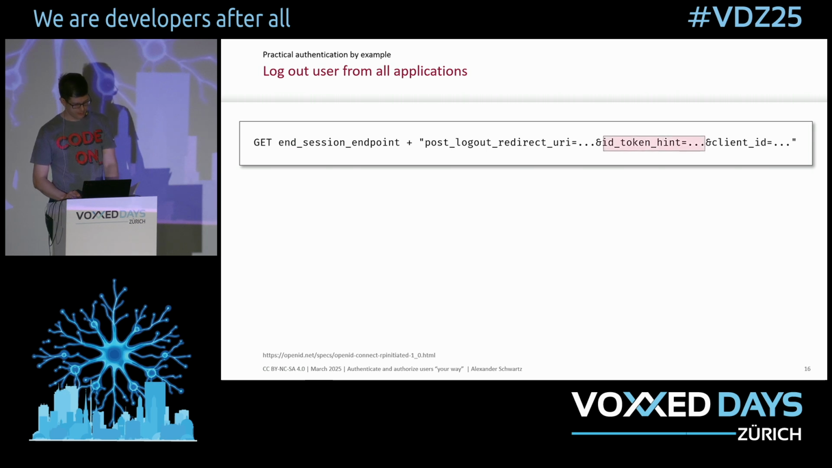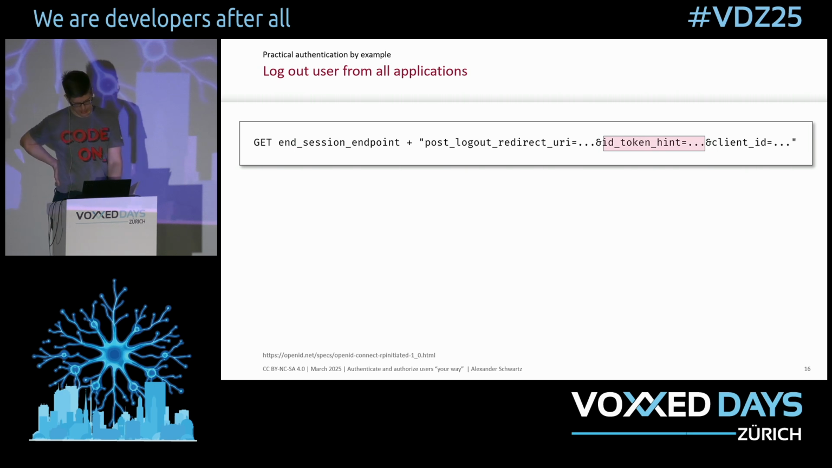And when I log out from all applications at the end, I can use this end session endpoint with a post logout redirect URI, passing it an ID token hint. I think that's one of the things that was added some years ago at least already, but if you don't put this hint in the URL, you will see a prompt like, are you sure you want to log out? Is this really the session you want to log out from? But if an application passes on this ID token hint,